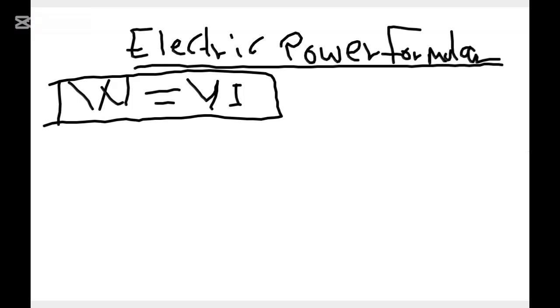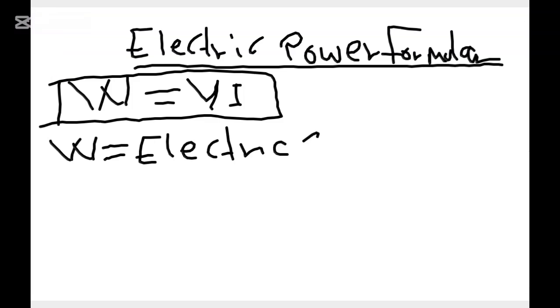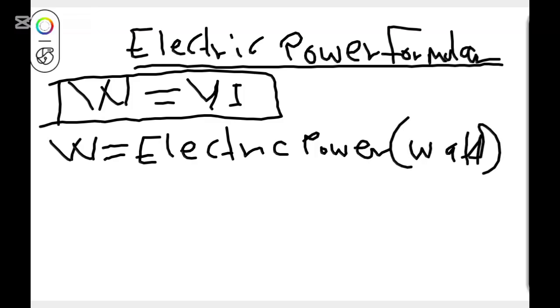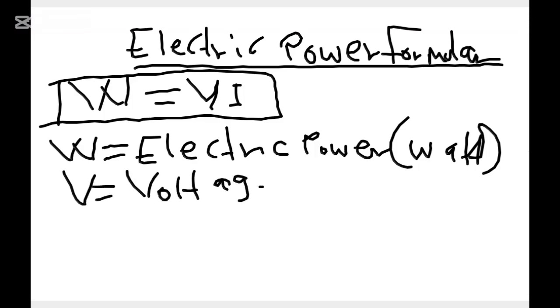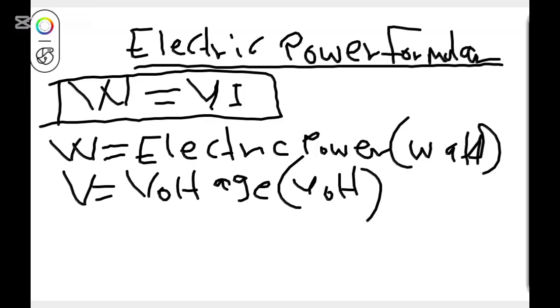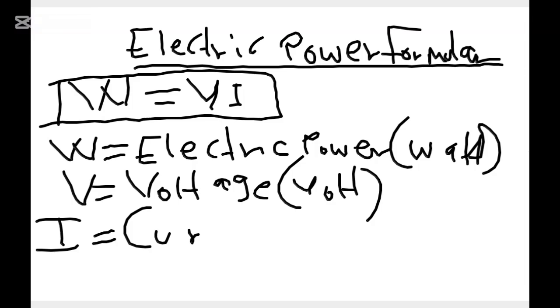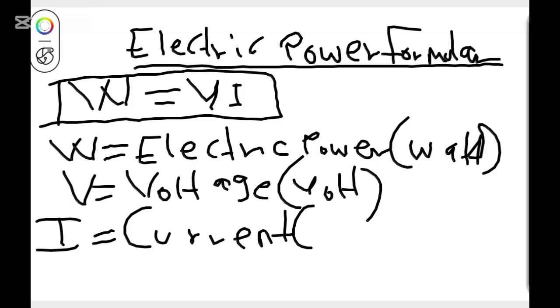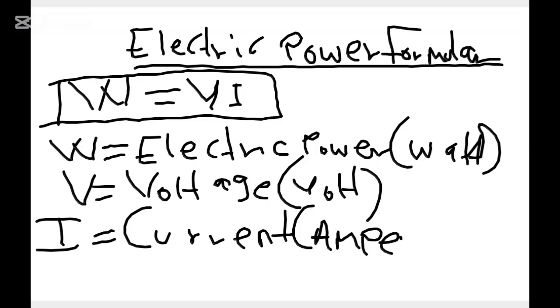You have to take note that W is the electric power in watts. V is the voltage, in volts, the SI unit. And therefore we have I, which is the current, which has the SI unit